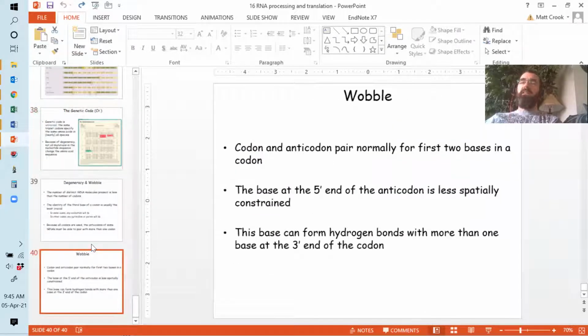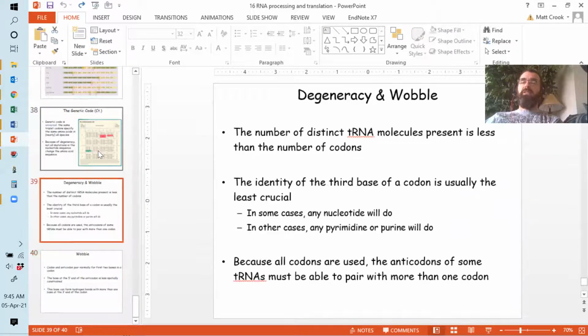And so basically that means that the first 2 bases of the anticodon are the ones that really matter. And the third one kind of does, but there's a lot less